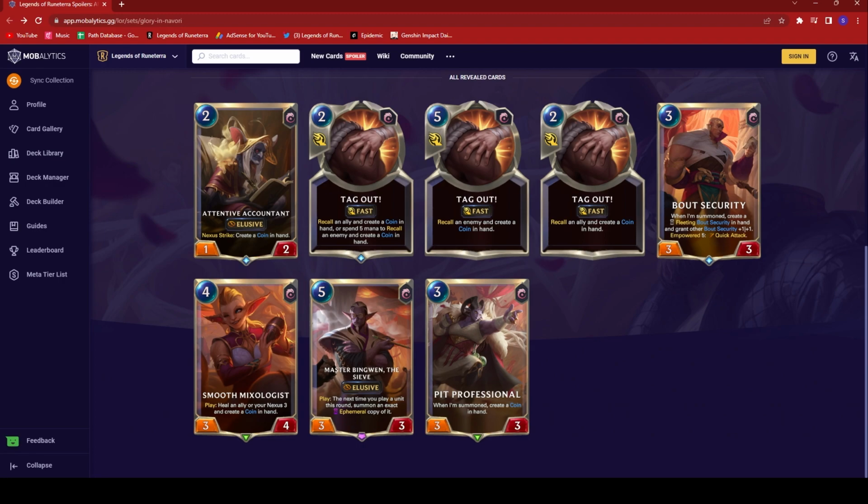All right, next we have Master Bingwen the Sieve? Not sure. So elusive, 5 cost, 3/3. Play: the next time you play a unit this round, summon an exact ephemeral copy of it. That's pretty crazy. I will say he is rather expensive, and you are getting that effect off only once. He's a little too pricey generally for Path of Champions,